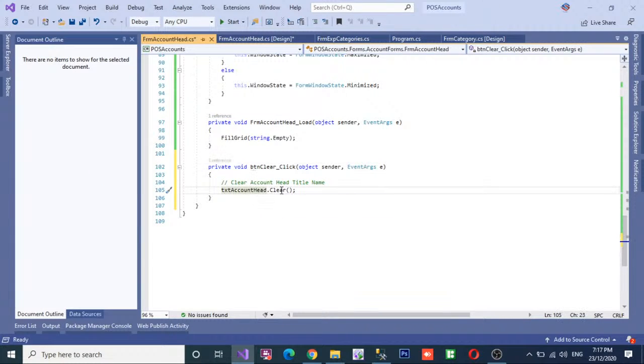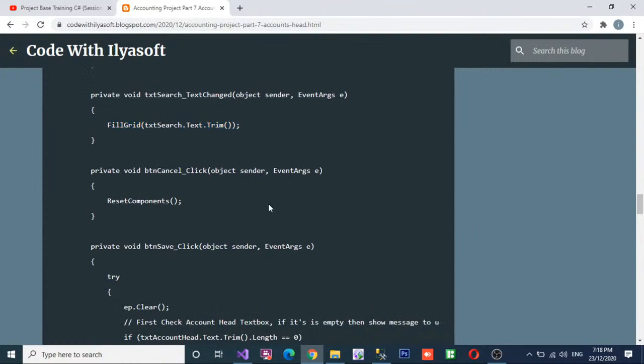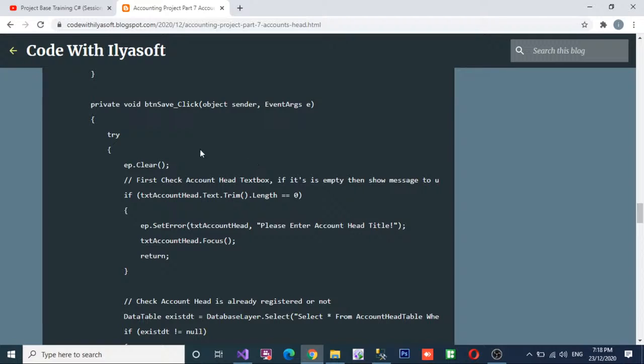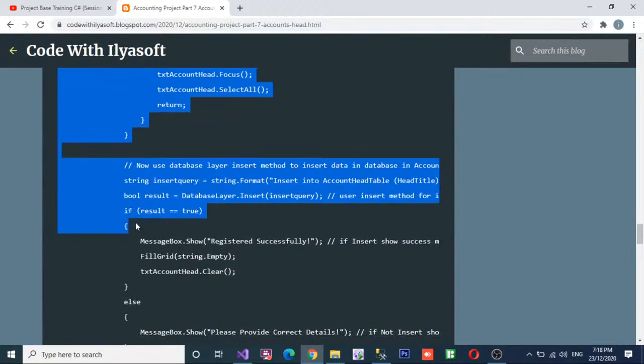So this clear method clears the content inside this txtAccountHead, means it clears the .Text property of this txtAccountHead. Open again, and here this is also done. Okay, go to the btn_save code and copy this code